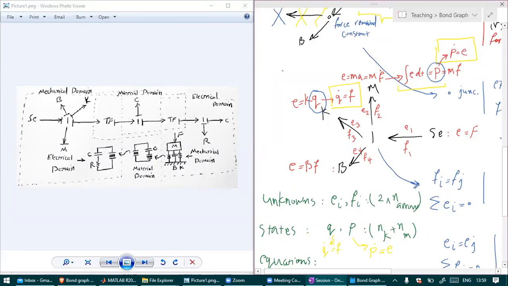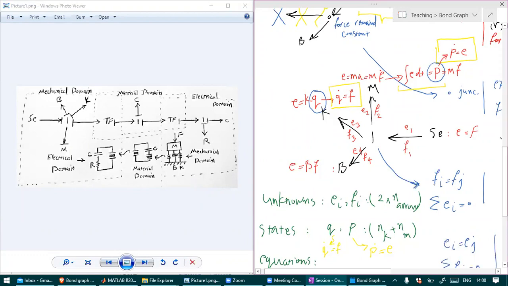Okay, the question is the concept of causality. You see that we solved the system without mentioning it. So the concept of causality identifies which element in the system